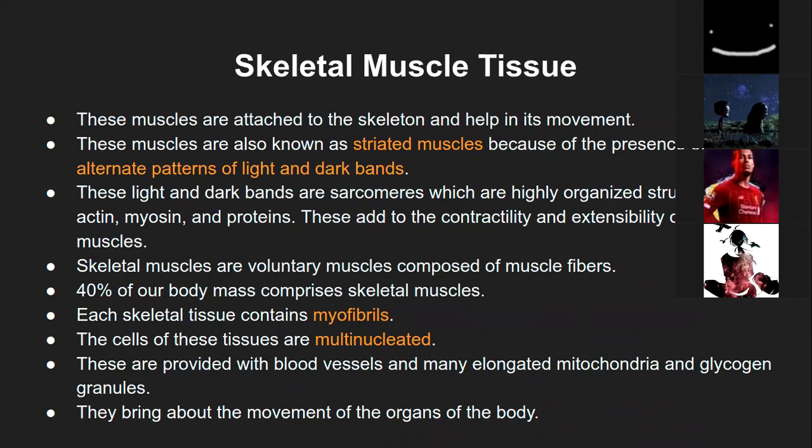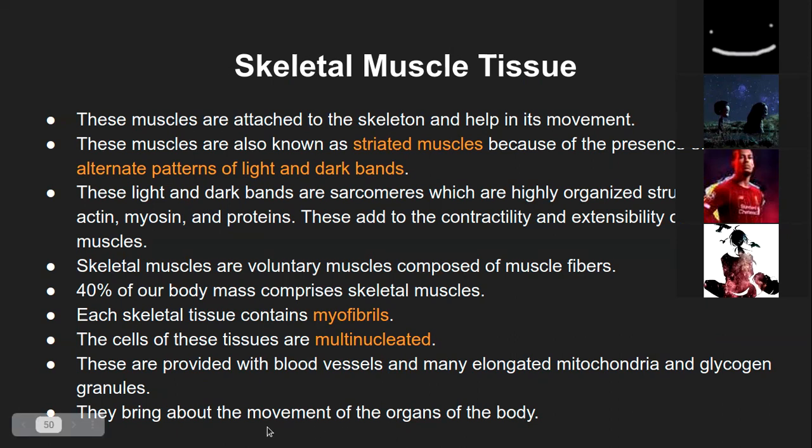And whenever there is a higher need of energy, this glucose has to be broken down. So ultimately that glucose will be obtained from the glycogen. Glycogen is nothing but the polymer of glucose. So if you just keep adding glucose one after another, what you get is a glycogen molecule. So it is a polymer of glucose, and that way they are stored. And whenever there is a need, glycogen is broken down to glucose, and glucose will be broken down for energy production. So that way they are used. So muscles also have these glycogen granules.